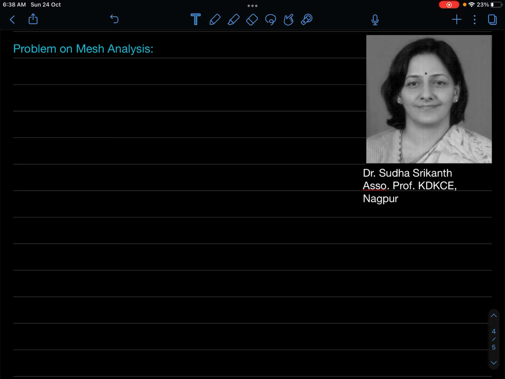Well, coming to the problem, I'll write it myself. It is a solve for Ix, or it can be an objective kind of question, wherein options for Ix will be given. You are supposed to pick the proper option. Okay, so let's see how the problem appears. We have a resistor of a specific value. I will first write the network.